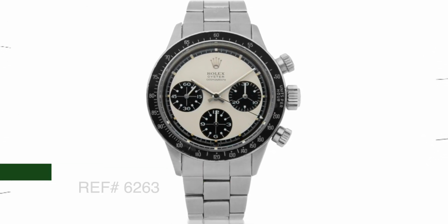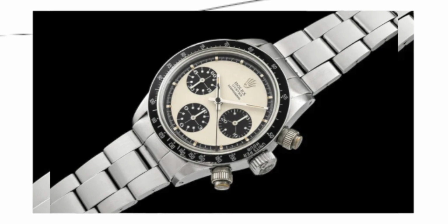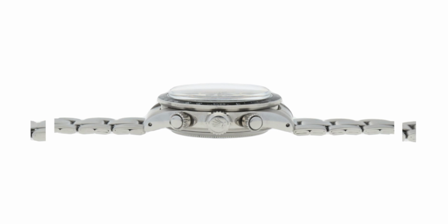The reference 6263 is very well known because it has a black Bakelite bezel and screw-down pushers very similar to the reference 116500 LN that was produced by Rolex recently. The reference 6263 Paul Newman, though, is one of the rarest Paul Newmans in existence. It is considered the holy grail of vintage Daytona collecting, a personal favorite of mine as it has a 2-color dial, just black and white, as opposed to the traditional Paul Newman that has a black, white, and red dial,